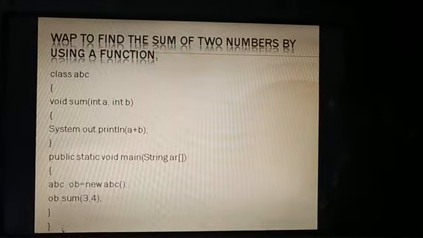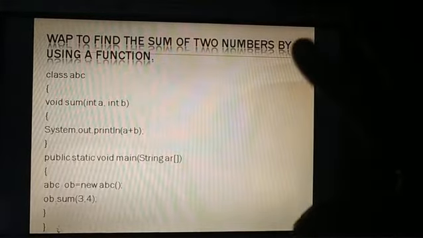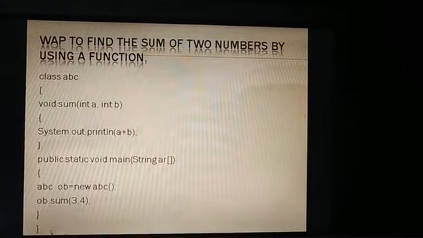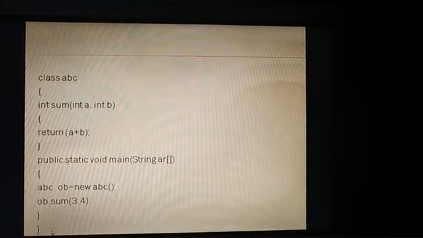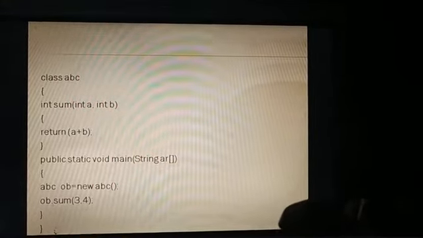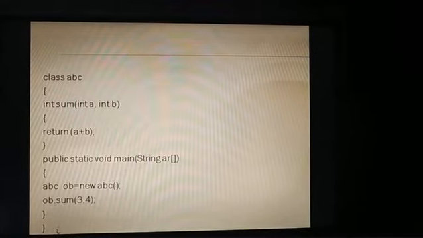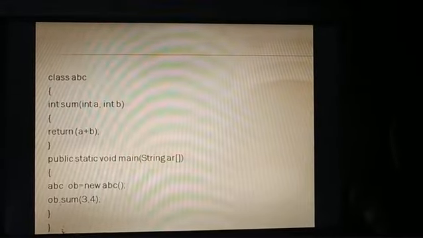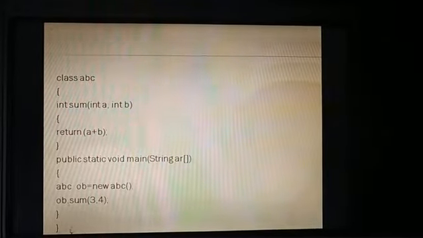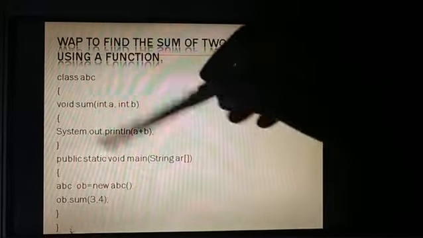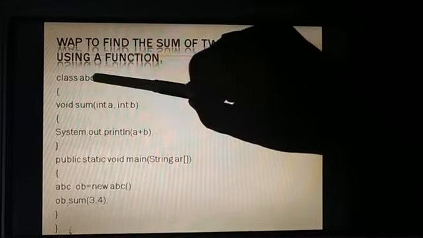This one you know very nicely because we already solved many questions from the function chapter. The next one now, which is very new for you, is how to solve this type of question by using the return keyword. So you see the class is declared the same way as the previous one, class ABC here, and in the previous question also we solved with class ABC.